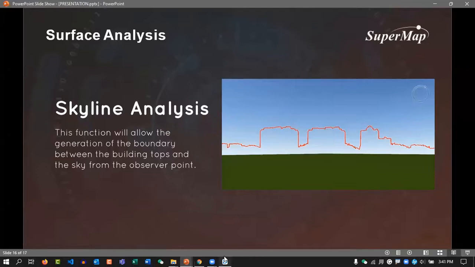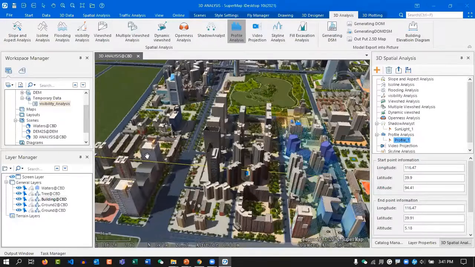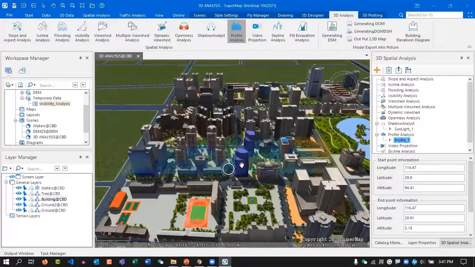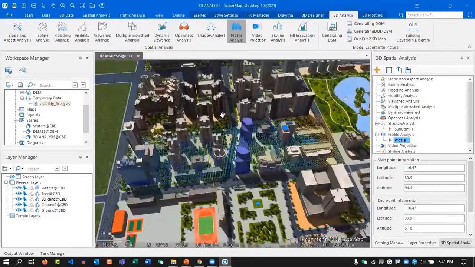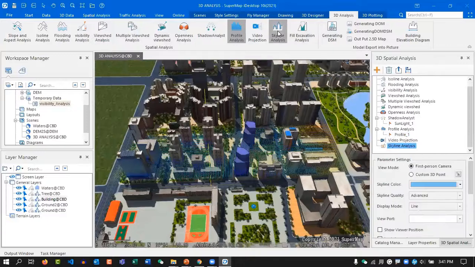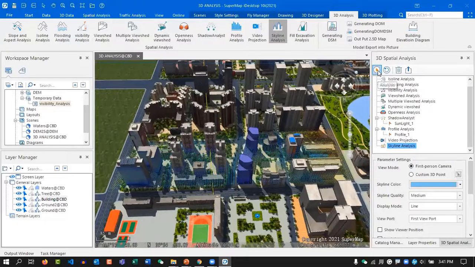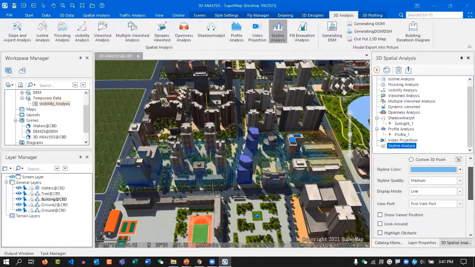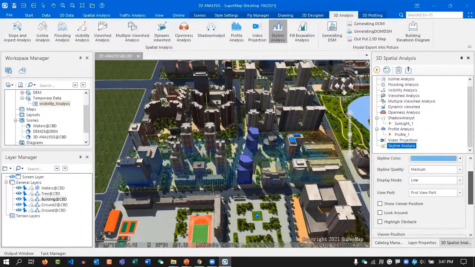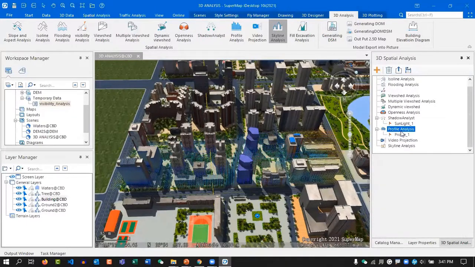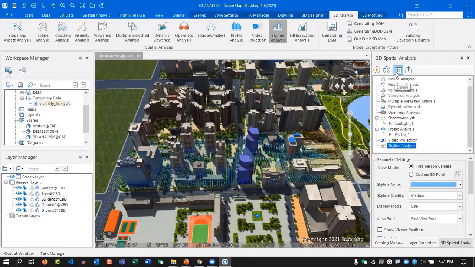Okay, so if we just go to our data set, and if we select the Skyline Analysis from here, and select this one. So if I select points from here to here,